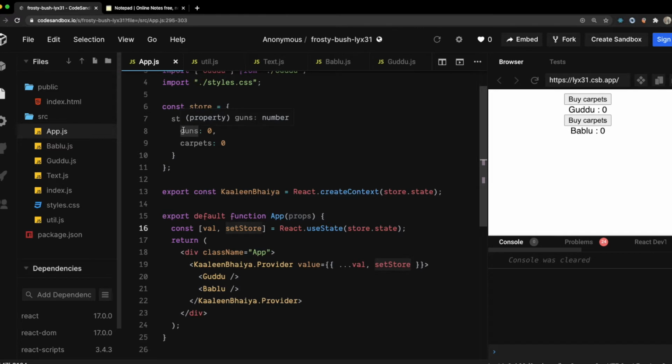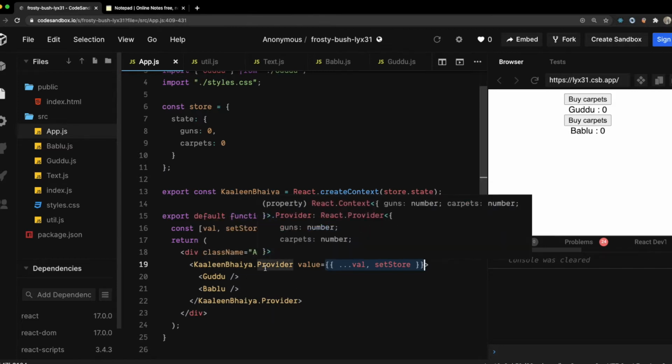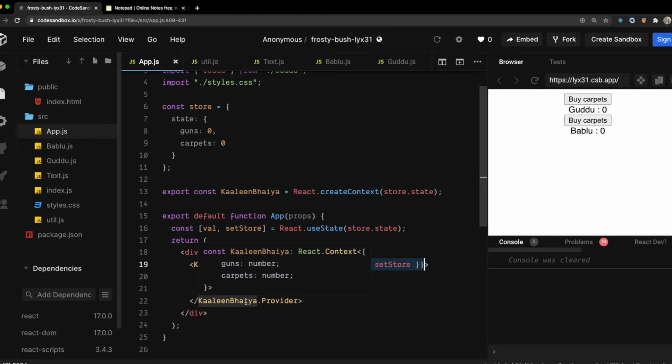I've exposed a method over here. Now my Guddu and Bablu components can access everything that has been provided through the provider, to all the components wrapped inside this provider, directly or indirectly.